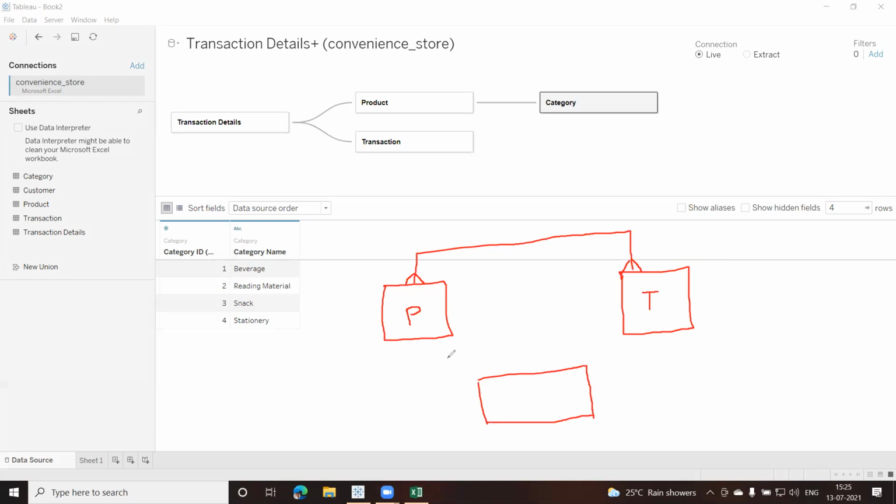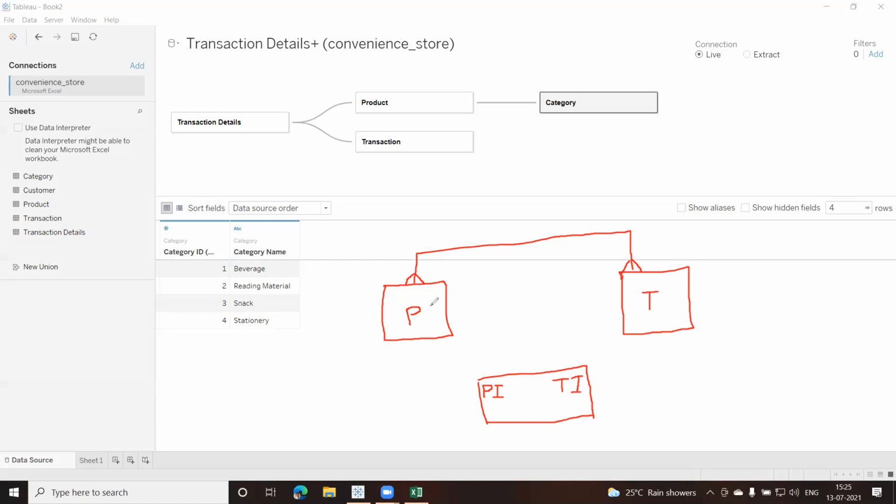This table will have the ID from the product, so I'll have PID here, let us say product ID. It will have one product ID and one transaction ID from here. So like this, there'll be multiple records, sorry, not tables.